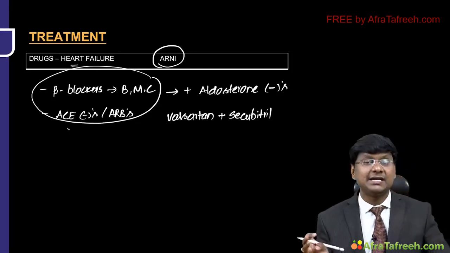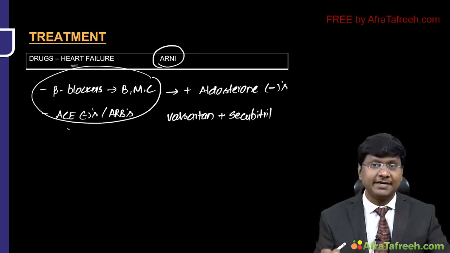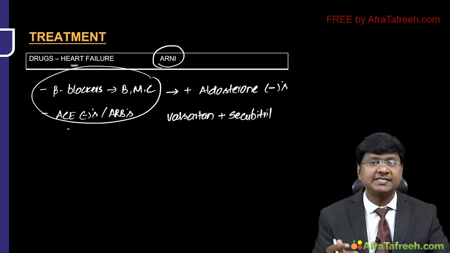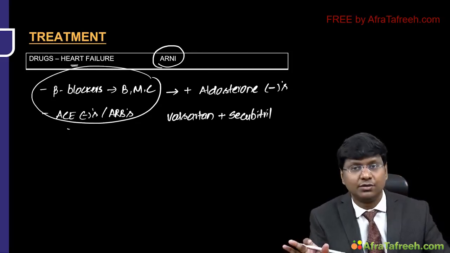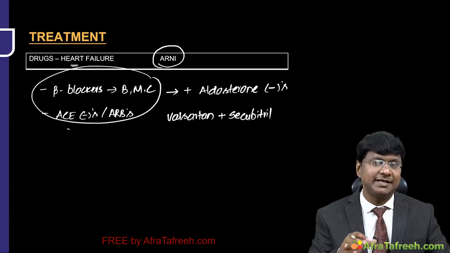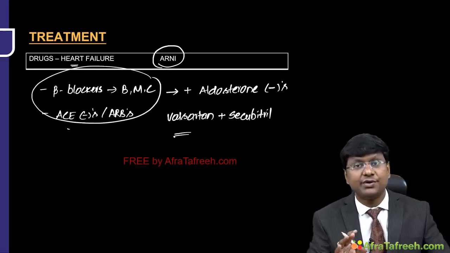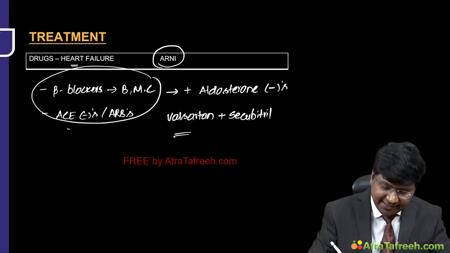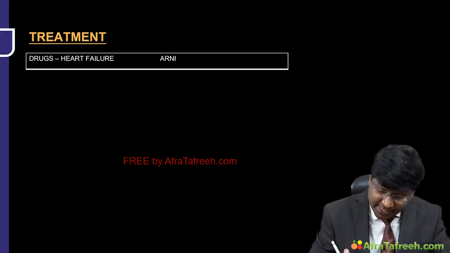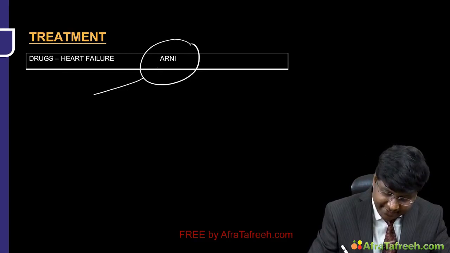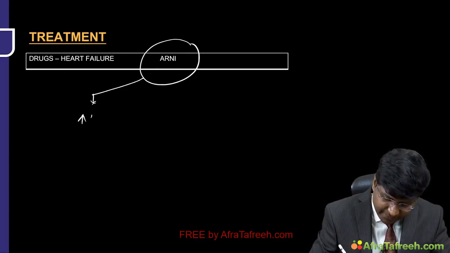Okay, so valsartan plus sacubitril should be supplemented if the patient is not responding to your ACE inhibitors or ARBs alone, right? If the patient is symptomatic in spite of giving these beta blockers as well as ACE inhibitors, then you need to add the aldosterone antagonist, and in place of the ACE inhibitors or ARBs, you need to give the ARNI. And another important thing is, what is the advantage of giving this ARNI? The advantage is it will improve the ejection fraction of the individual,